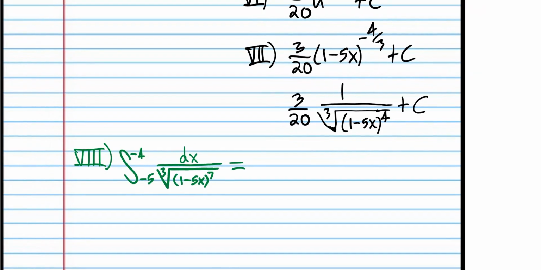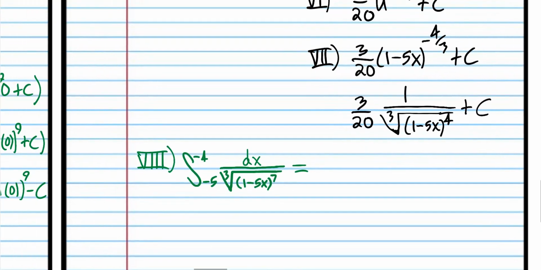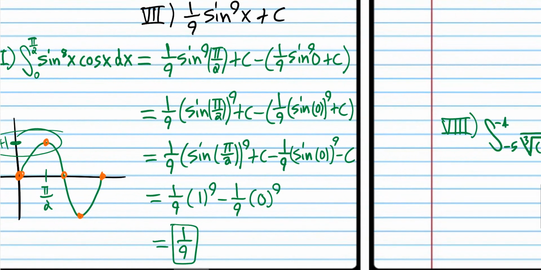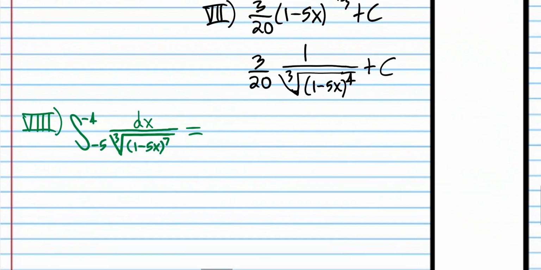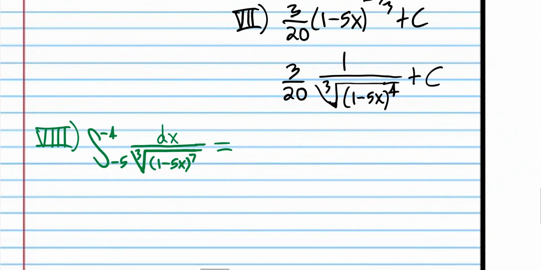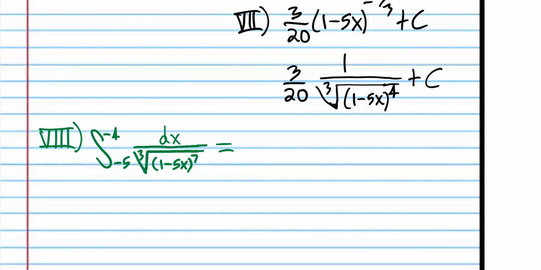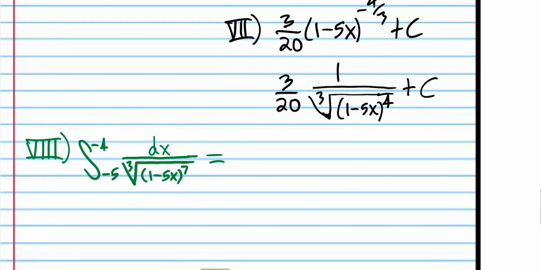So now we just use the fundamental theorem of calculus, but I'm not going to do it the way I did before. You see how we wrote the blue C's? I'm not going to do it that way, because it's just not the way that it's done. When you learn the fundamental theorem of calculus, we just don't use that anymore. There's no point in continually writing C values over and over again when we know they're just going to cancel out. So what we do is we write 3 over 20